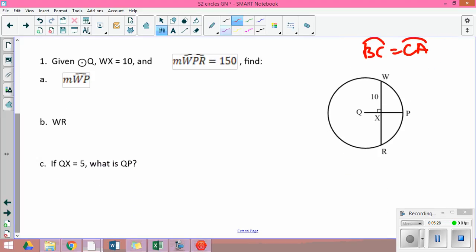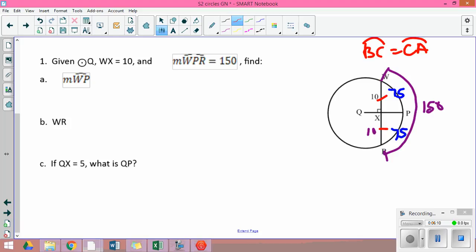So if we look at an example, given the circle Q, W to X is 10. So right now we know that X to R is 10. Arc WPR, now yes, that's a minor arc and we're using all three, but we're doing it for clarity. So if the whole arc is 150, we know it gets bisected, so we know this is a 75 and a 75. We want to find a bunch of different things. So what all do we know right now? We know that our radii, we know that our chord gets bisected, we know our arcs, and we can start